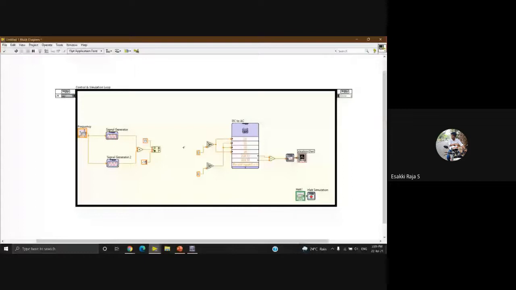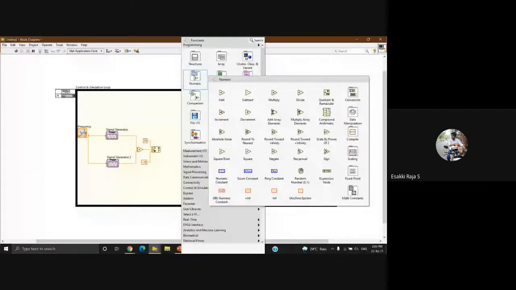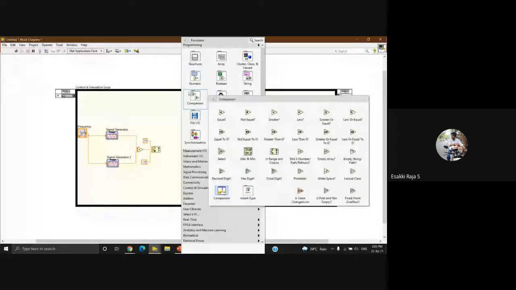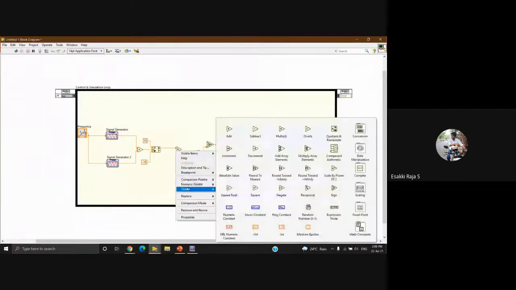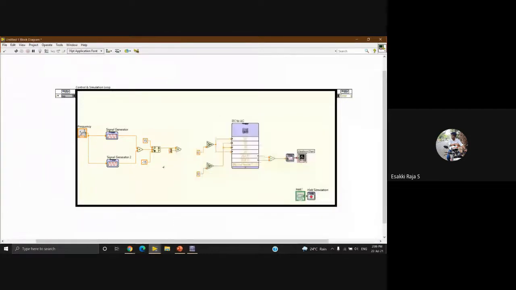Next we have to perform a comparison and pass the data. The remaining part is the same logic as what we did in the previous one. Here we'll be using the greater than function. We'll check whether this value is greater than 2. We will not use the condition greater than 0; we'll use the condition greater than 2. Only then will we get a modified sine. That is the reason I'm using greater than 2. If this condition is satisfied,